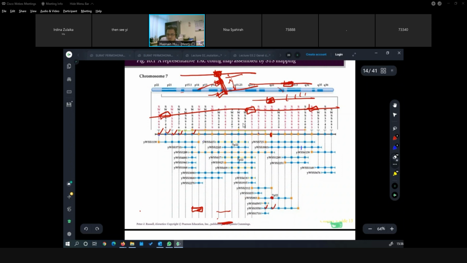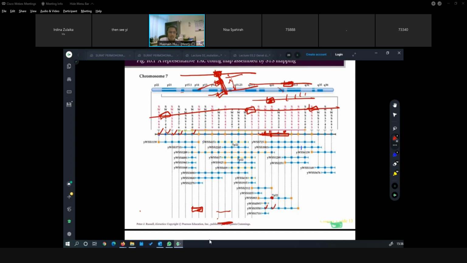The thin line we don't know, so that is the sequence that we want to know later on, because we know the marker, but we don't know. Okay, let's say you know that this region actually is for cystic fibrosis. Initially you only know about the marker, right? You only know about the marker, but you don't know about the sequence here.